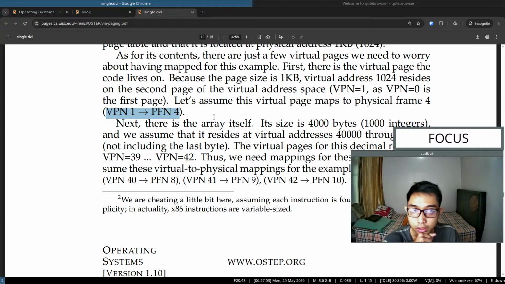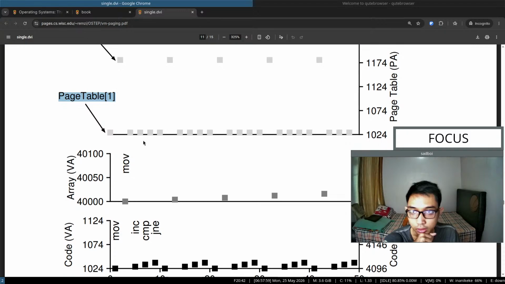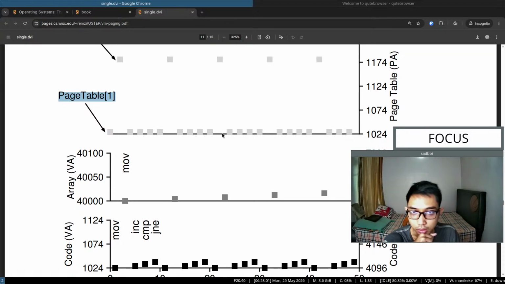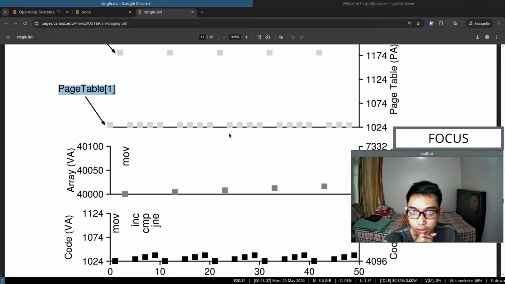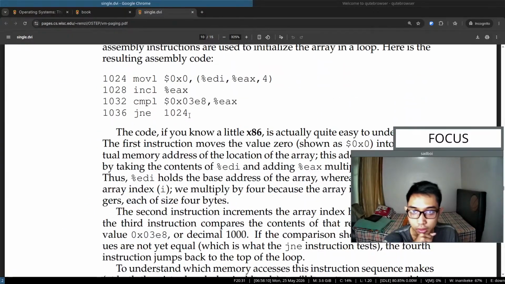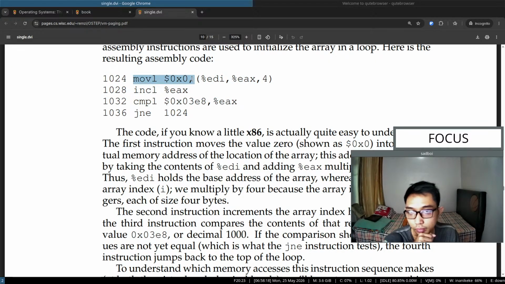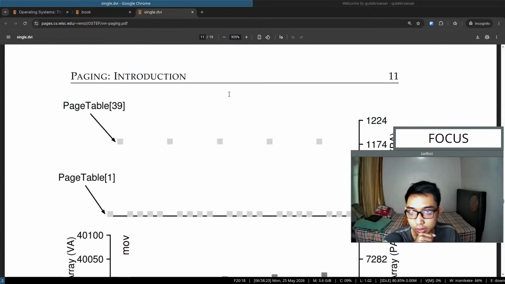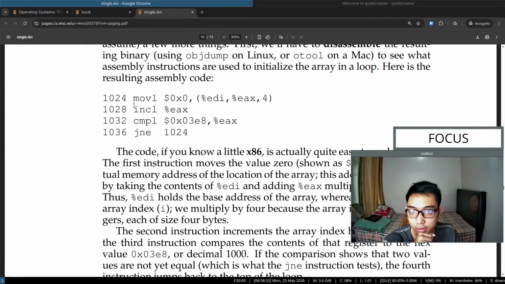Okay, so does this mean this page table entry 1 is where the code lives? So we are fetching the instruction, the for instruction here. Maybe something like that. So we update the 0 index of the array. Write this one. Update 0 index of the array. And then increment,